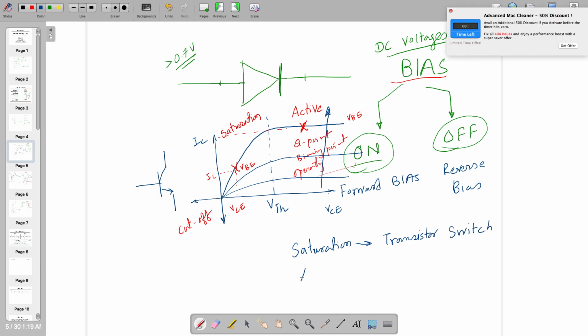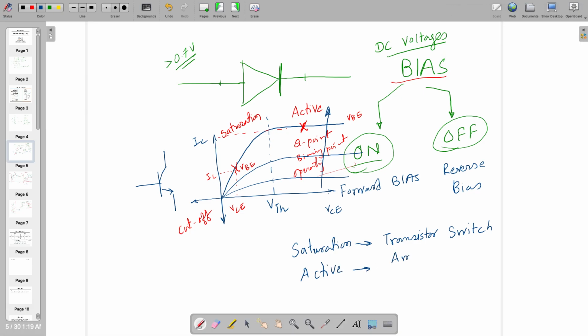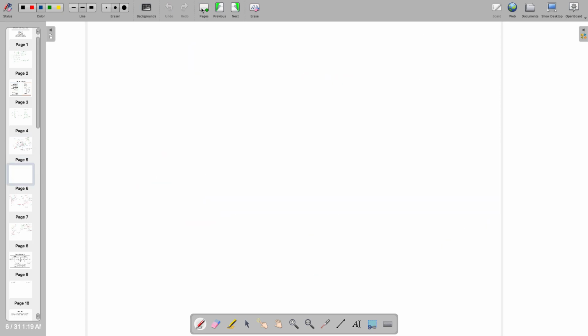And if you are keeping it in active, you are keeping your transistor for amplification. So it depends what exactly you want from your transistor. If you want amplification, you should keep your transistor in active mode, right? So let's assume one thing, you are interested in amplification. But however, okay, if I want to